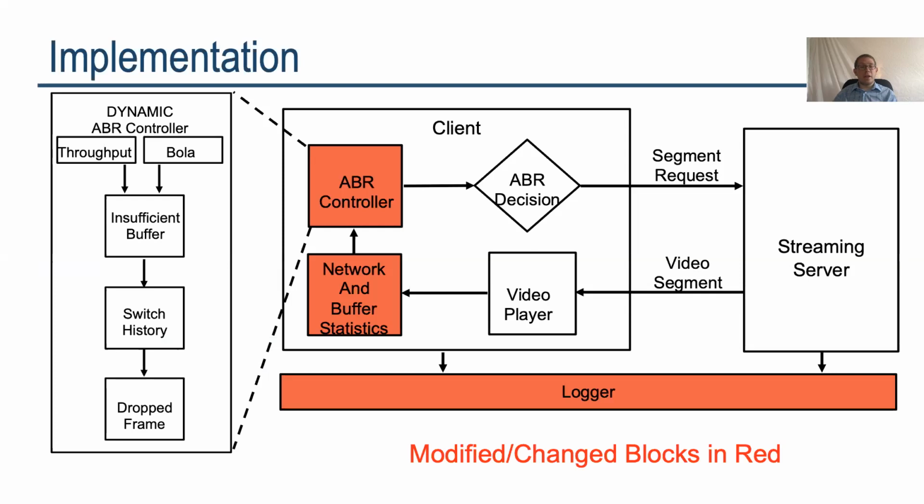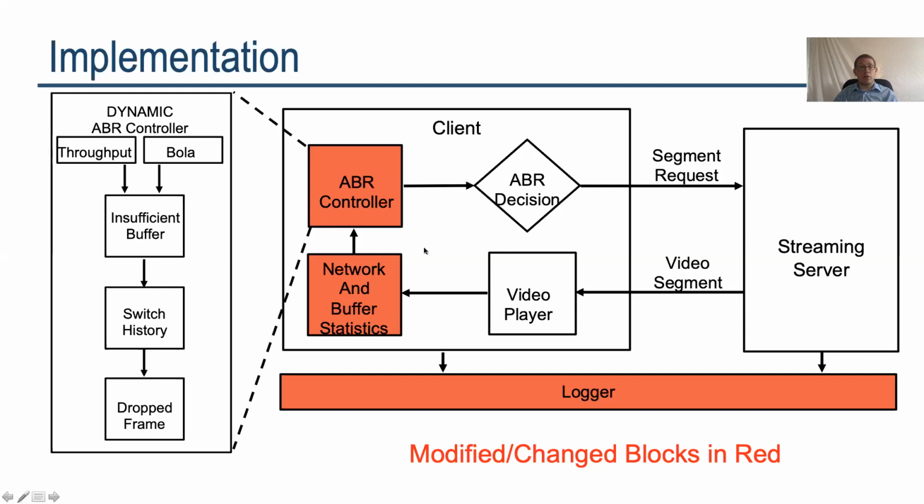We use the dash.js player provided in the challenge to test the performance of ABR algorithms. Additionally, we implemented an automated system where we can log the performance of the player and analyze it. The system diagram in the figure shows the major components used for testing. The ABR controller uses statistics from the network and buffer level to determine the bitrate of the next segment. The default ABR algorithm for Dash is Dynamic.